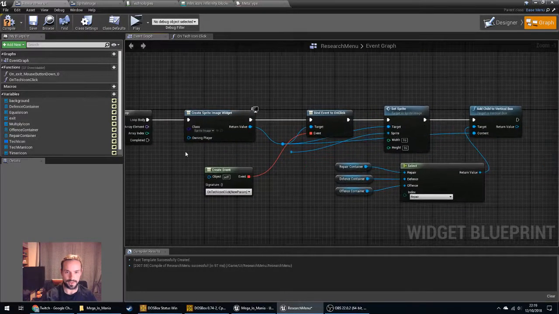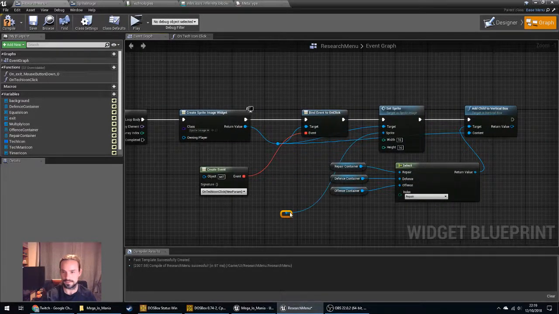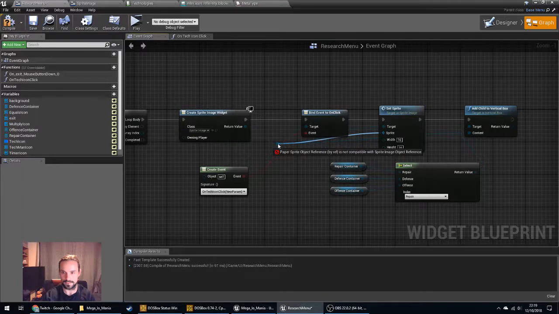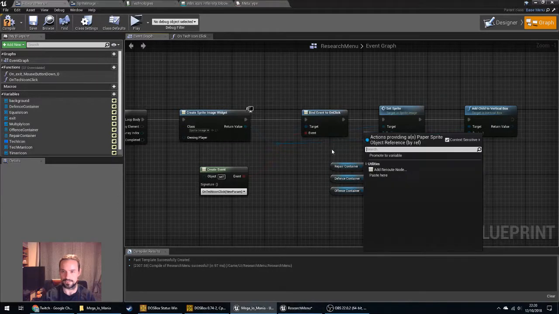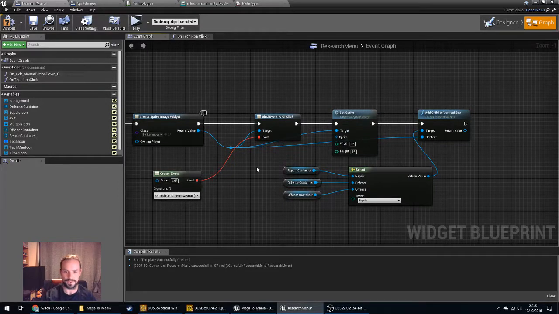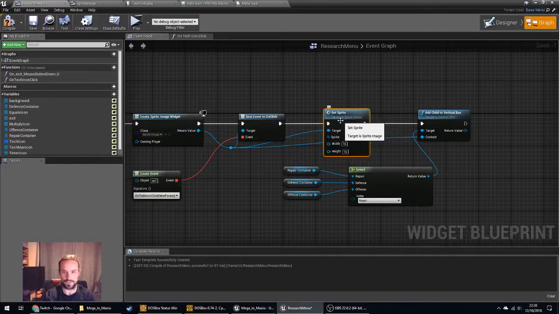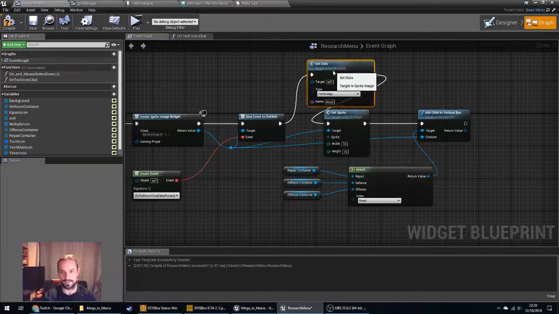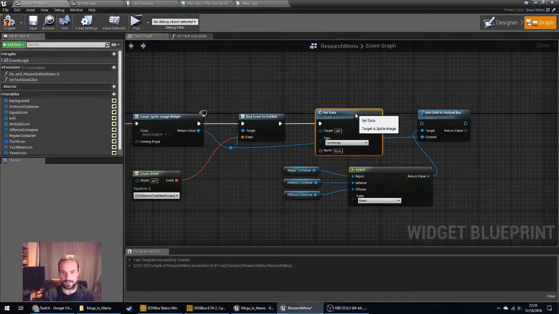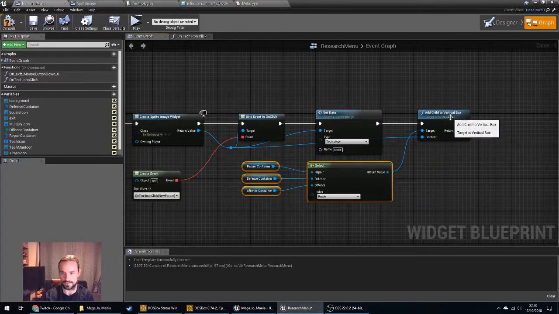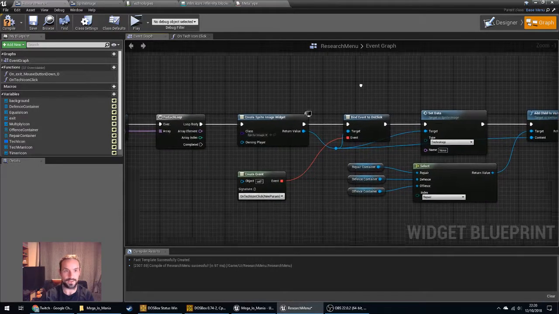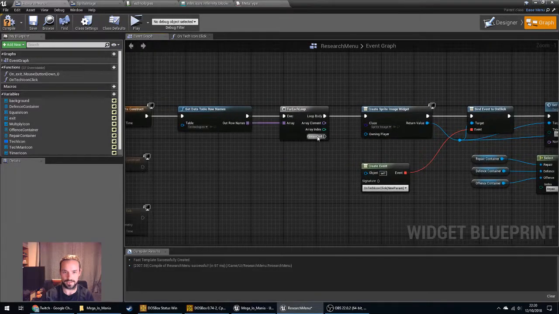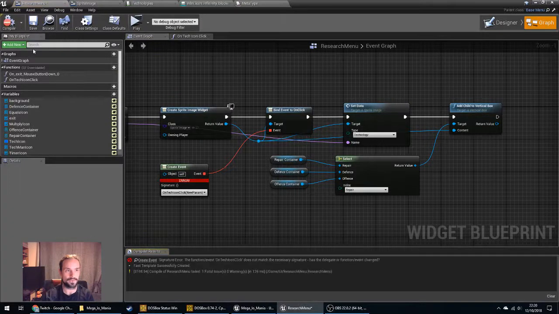So we create the sprite image as we did before even. Yeah, okay, sorry, that makes sense. That was from the previous one, wasn't it? So we bind to the event of the new widget like we did before. That's fine, but we don't want to call set sprite, we want to call set data. And the target for that will be our new widget. And the type, in this case, because we're coming from the research menu, will be technology, and the name will be our array element from over there. So hopefully,